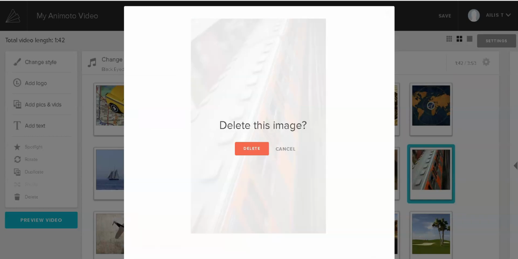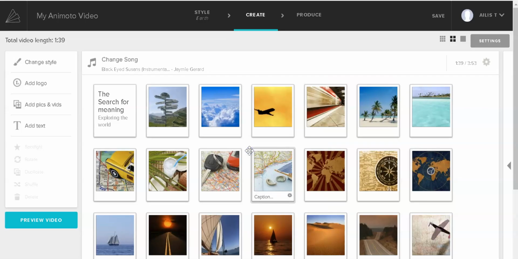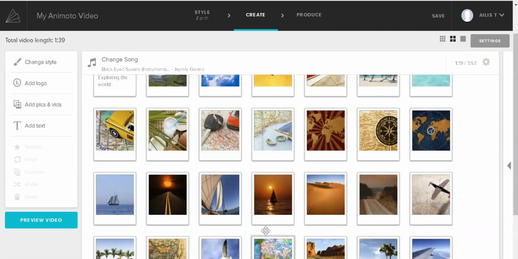I can delete that one. Down the bottom there's a delete button. I don't know if you could see that on the screen. It's a little rubbish bin, and click delete. So you have that freedom and flexibility to change your mind, move things around, reorder things as you wish,